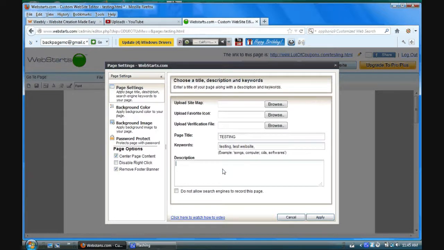And then you give a meta tag description, how to create a free website using Webstarts. I suggest 2 or 3 sentences at least for a meta tag description. Click Apply. Oh, and then if you want to change the background color,